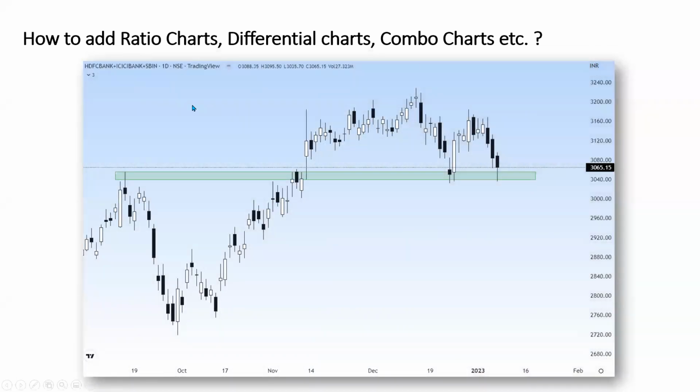Then, at the top, you see HDFC Bank plus ICICI Bank plus SBIN. The combined price, or combo chart, is currently at 3065. Correct? So apart from Bank Nifty, I also look at such things across whatever I trade personally.